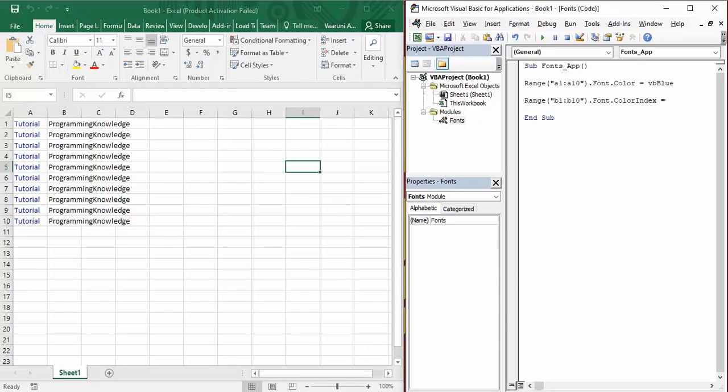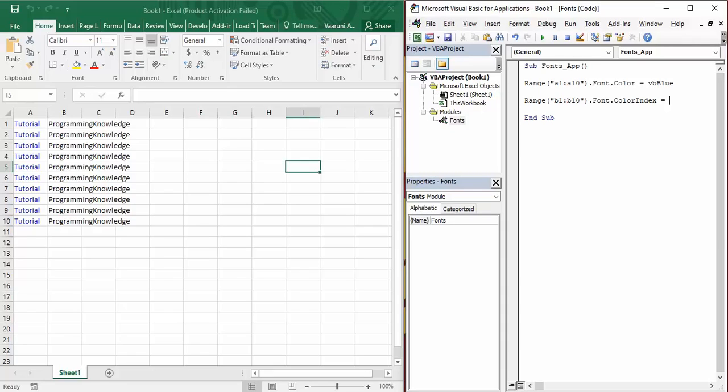Now ColorIndex, as you can see, requires an index value. The index value has a predefined range. In Visual Basic, the color index is only valid from 1 till 56. So there are only 56 color indexes available. If you want to use the ColorIndex property, you've got to provide any number between 1 and 56, and its color would be changed according to that particular index. But if you provide something out of the range, such as a negative value, a zero value, or a value more than 56, then it would result in an error. So I would show you both of these cases.